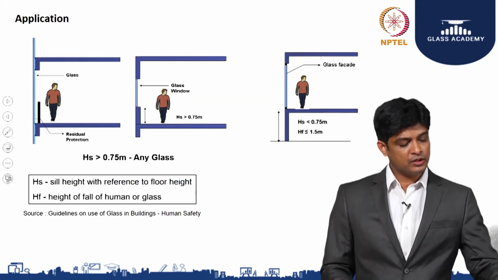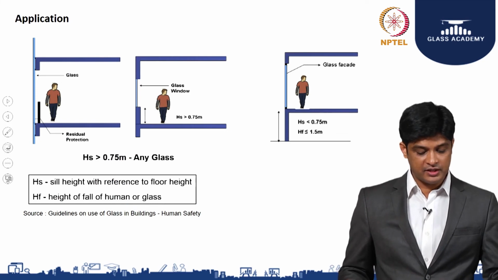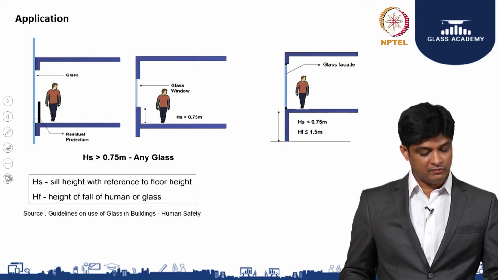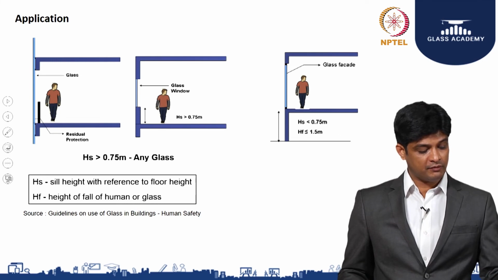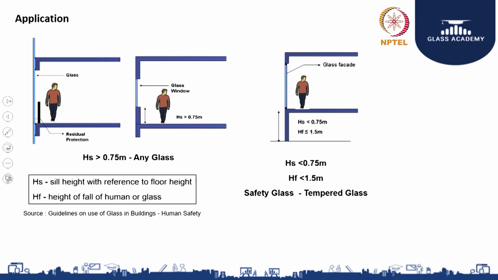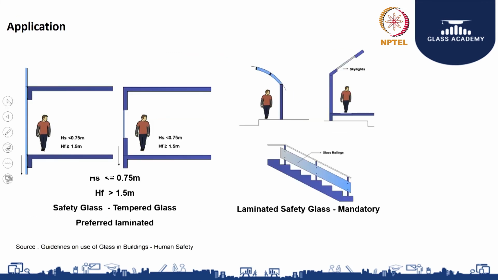These kinds of pictorial representations are there in IS 16231 to understand where the glass is going to be and what kind of glass has to be used. Say, for example, in the picture where we have access to touch the glass, it very clearly says it is safety and tempered glass. Whereas as the next option, when there is a chance that the glass is above my head, or inclined, or even in handrails, then it very clearly says it has to be laminated safety glass. It cannot be just simple toughened glass.